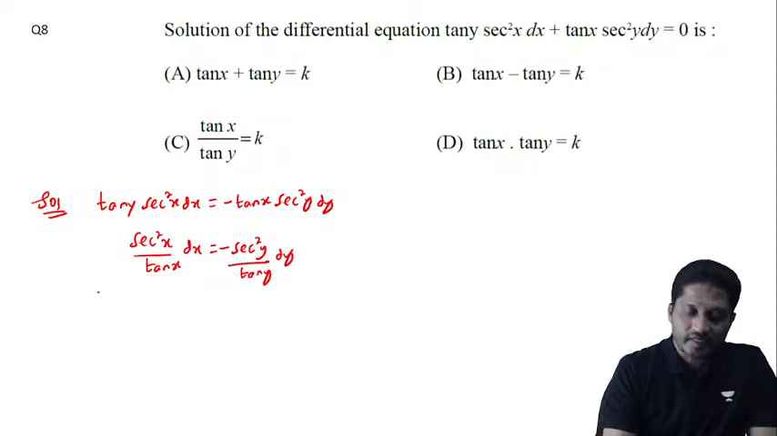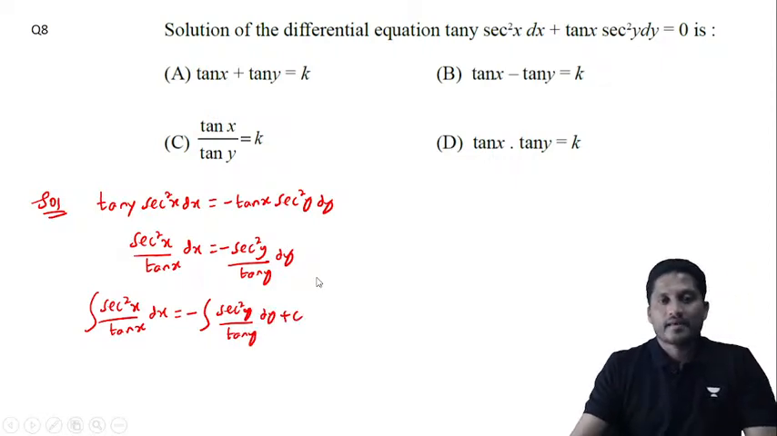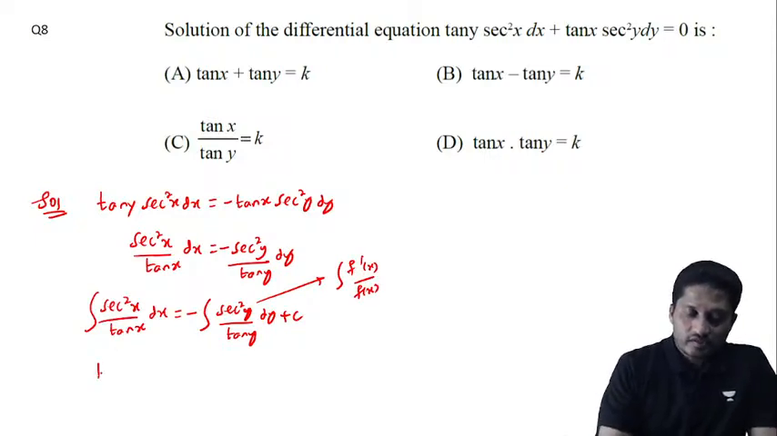Right, now if I integrate, sec square x divided by tan x dx is equal to minus integration of sec square y divided by tan y dy and then plus c. To differentiate denominator, you get numerator. This is of the form f dash of x divided by f of x, which is equal to log f x. So log of denominator, log of tan x